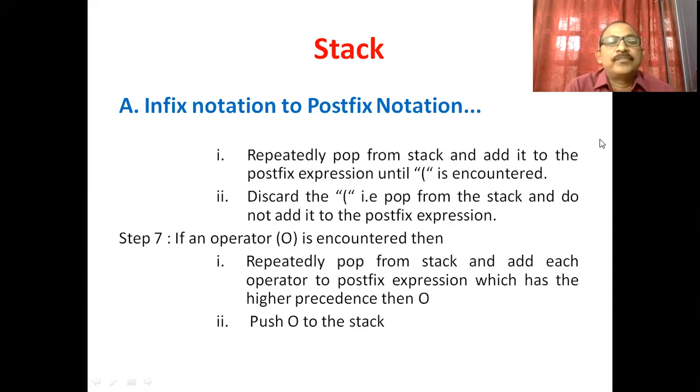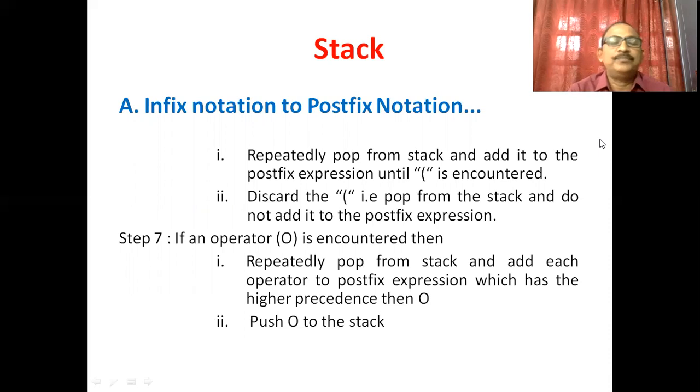Let us see. Repeatedly pop from the stack and add to the postfix expression until a left parenthesis is encountered. Next step, discard the left parenthesis that is popped from the stack and do not add it to the postfix expression.